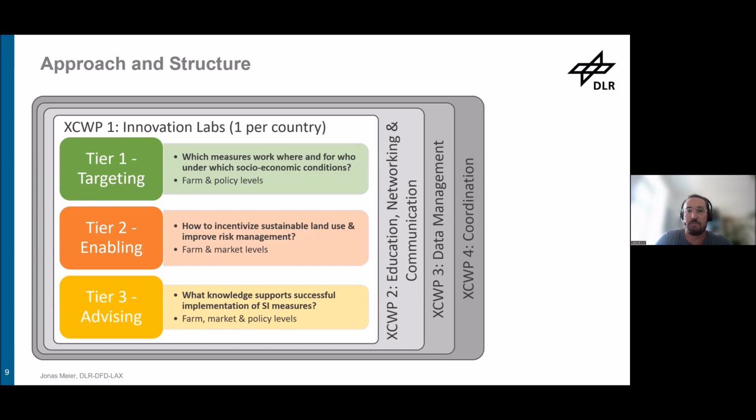So tier 1 deals with the question which measures work where and for whom, under which socioeconomic conditions. So that means we do a lot of monitoring, but we also collect a lot of data, socioeconomic data, but also physical data. We are measuring greenhouse gas emissions. So very transdisciplinary and different